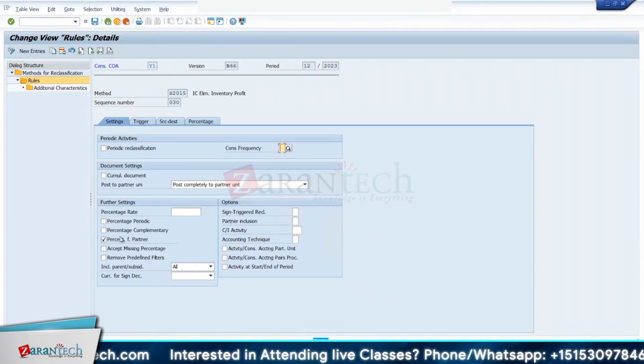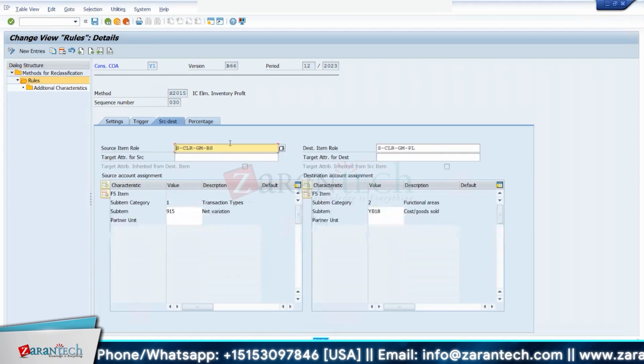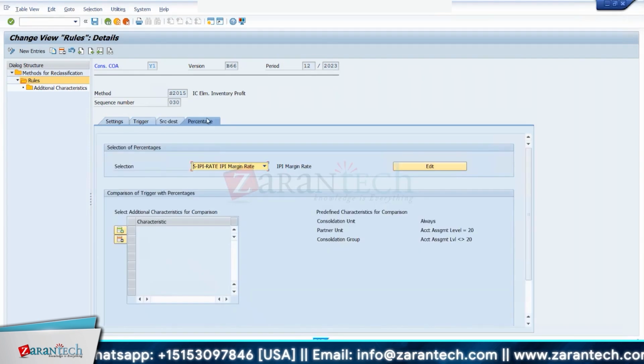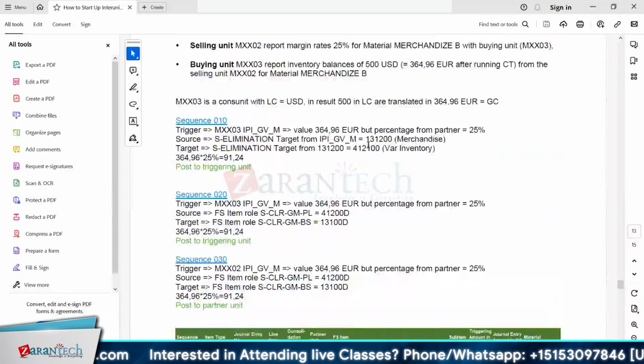Here, under additional configuration, what we understood is percentage from partner, which considers the percentage that has been loaded with respect to the partner. And then the selection item, the source destination part. And the percentage here, we maintain SIFN, IPA rate. Our system should consider percentage from partner. It should look for what FS item, right? Whatever percentage is maintained in the FS item, that is what it looks at, because I may load multiple partners. So it is saying the percentage from the partner. So in your file, when we load IPA underscore rate,